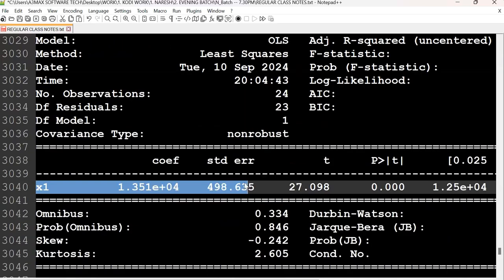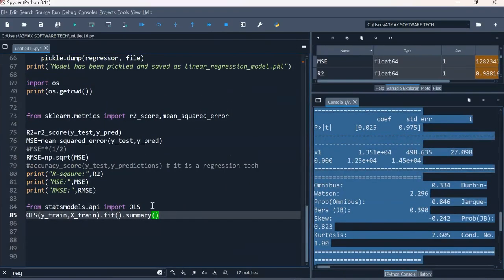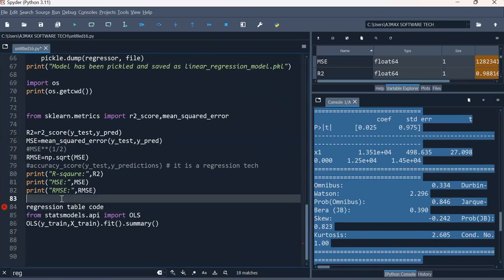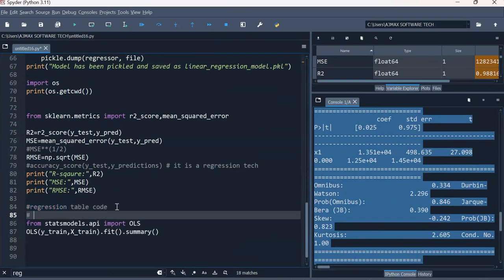X1, X2, X3, X4. Guys, are you getting my point? Online team, just go here and now. This is the regression table code, and we introduce two OLS and stats.api. OLS and